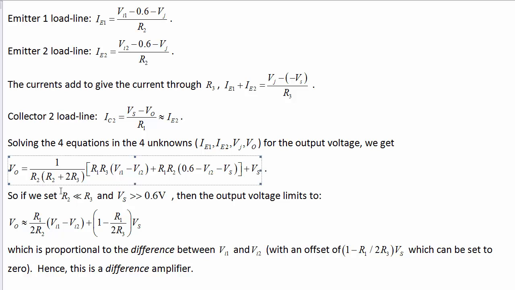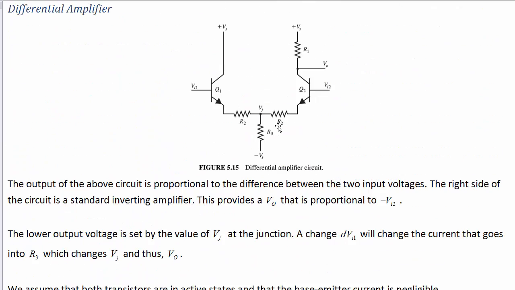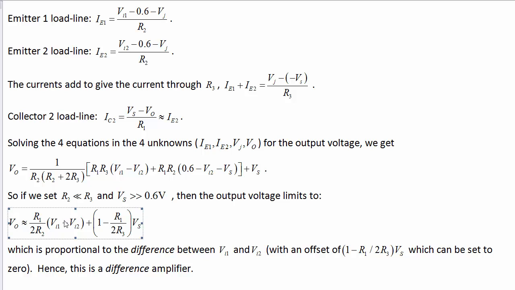Solving those four equations gives you the output voltage in terms of the input voltages. The usual case is that R2 is much less than R3, and the supply voltage is much greater than 0.6. Under those assumptions, you can simplify this to say that the output is equal to this ratio of the resistances, R1 over 2 R2, times the difference in the input voltages, V1 minus V2,